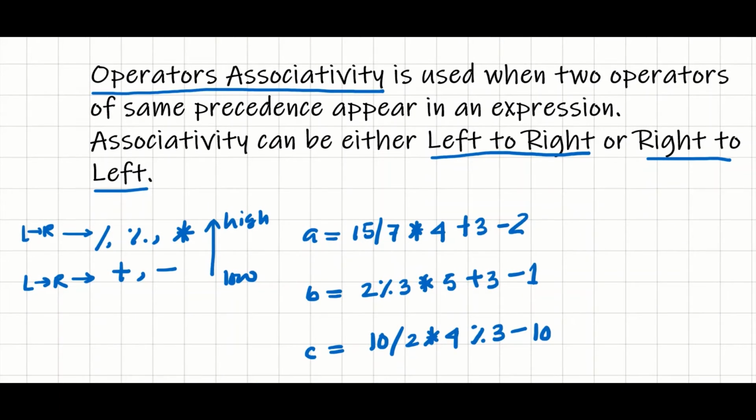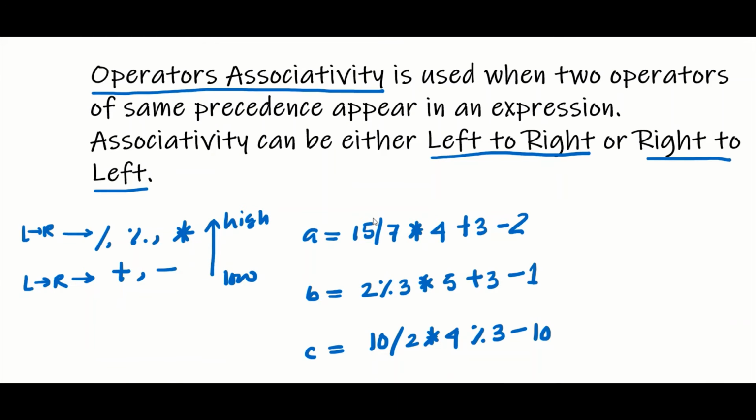Now look at this one. Here division and multiplication are equal in precedence. Similarly, plus and minus, addition and subtraction, are also similar in priority. Although addition and subtraction are low in priority, their precedence is the same. So now how to solve this problem? Will this division be performed first or this multiplication, because both are higher in precedence with respect to addition